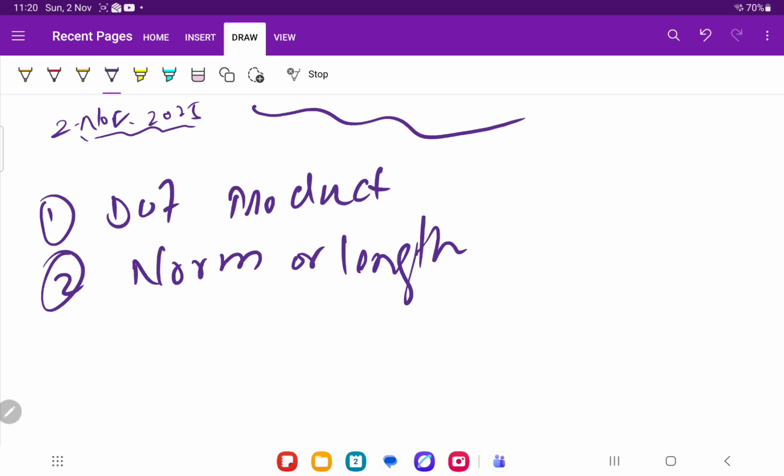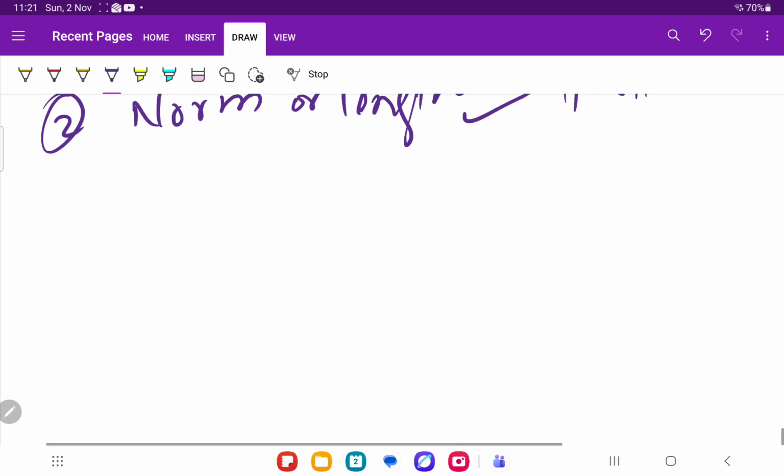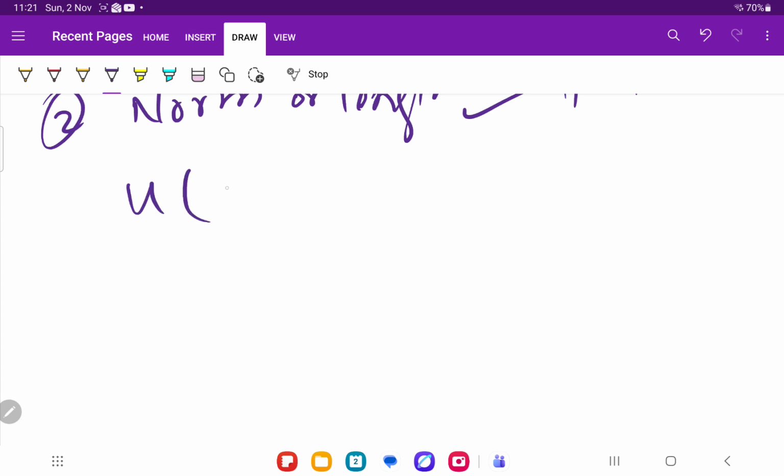So, dot product and norm, these are the major formulas, okay, and all the things revolve around these two concepts. So dot product is basically u dot v, for example, if you are taking the dot between two vectors, u dot v, and the norm is basically the length of the vector, okay. And for both of these, for example, if we have u is u1 and u2 and v is v1 and